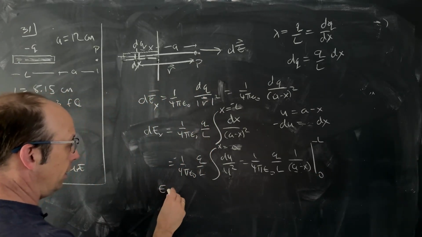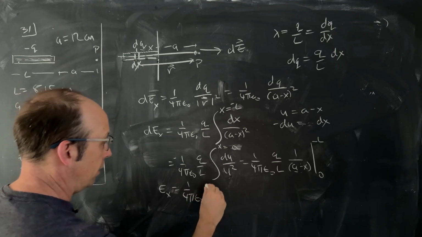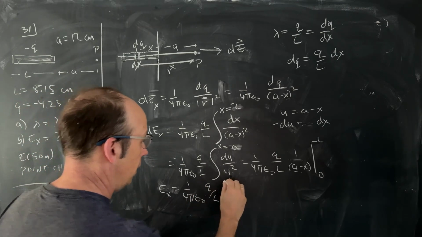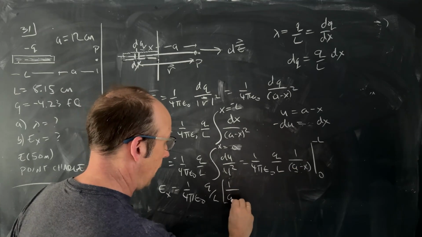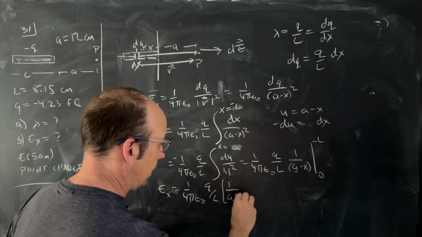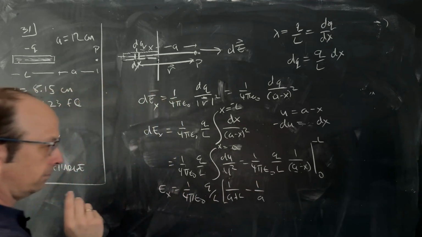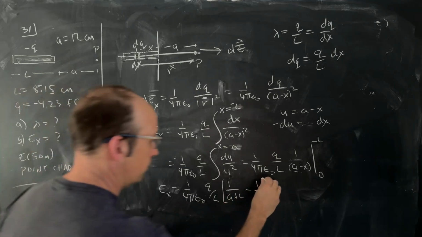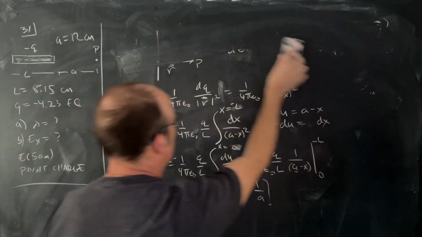And that's going to be E. So EX is going to be 1 over 4 pi epsilon naught Q over L. And then I'm going to put this in 1 over A minus negative L, so plus L, minus 1 over A. I think that's right. Now, in order to really understand if that's a good solution or not, we need to